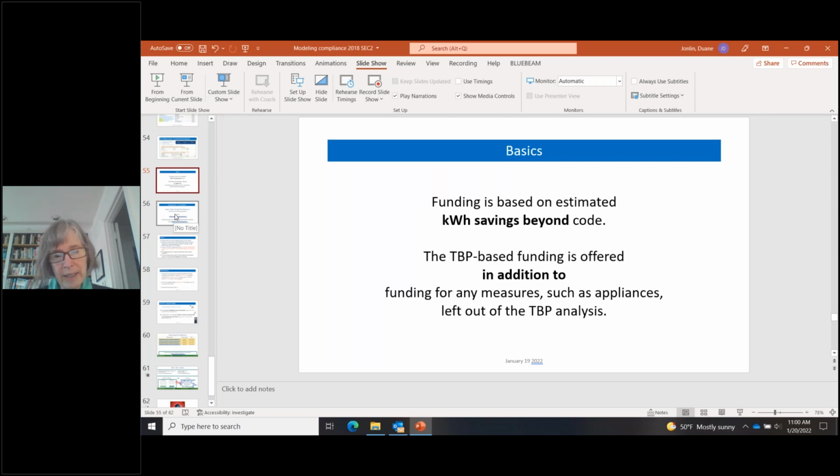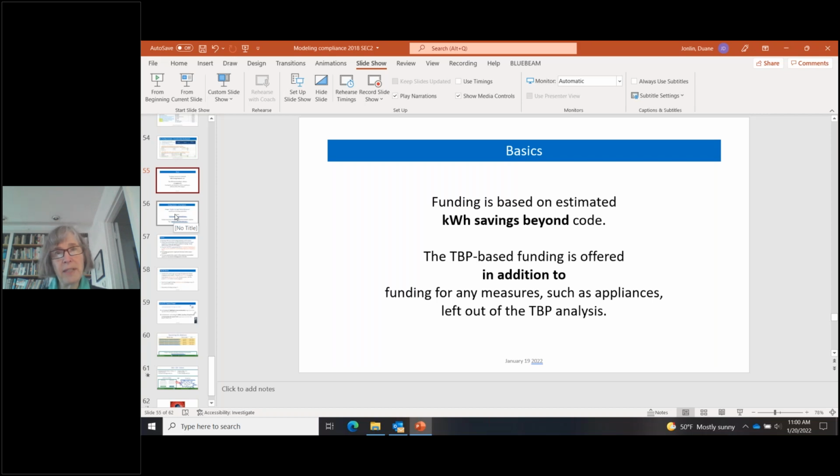So the basics of how we do this is we're going to look at upstream intermediate calculations of kilowatt hours. So we're not basing our funding on carbon, but the calculations presented in the compliance form have the intermediate values, and we'll use those annual consumption data.